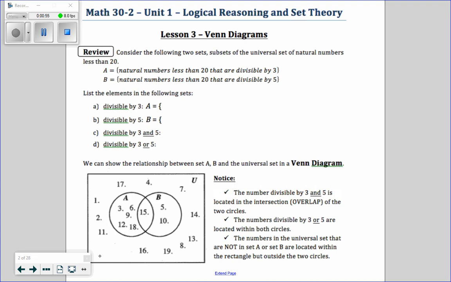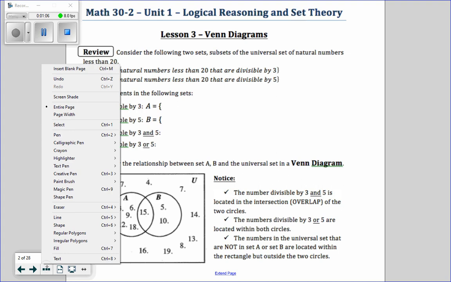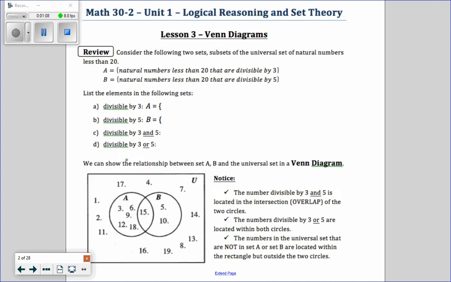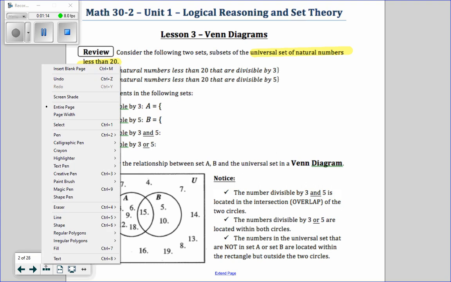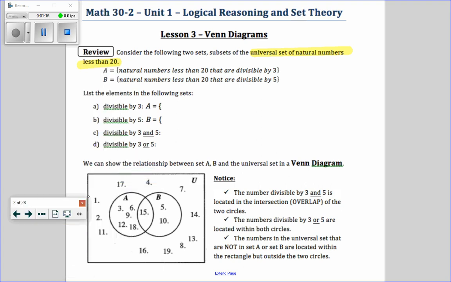Okay, so if we just look, do you have this example on lesson 3? Do you have this exact thing? Okay. So it says, consider the following 2 sets of numbers. They're subsets of the universal set. Okay, so on a Venn diagram, the universal set